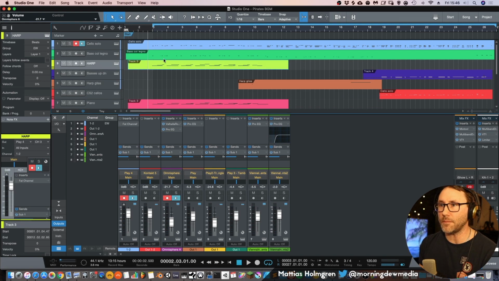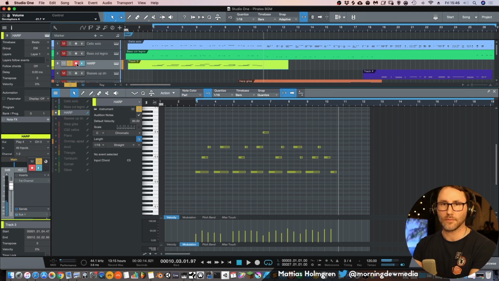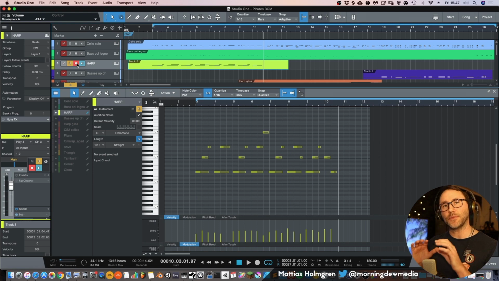Let's look at the other sounds in the introduction here. We have a harp going on, and it sounds soloed like this. And basically that's just the root note. And we have the fifth, which is the C. So we have the F and C. So we're basically just playing the root note, octaves, and a fifth. And this little harp gives you a little backdrop to that cello melody. Let's listen to them together.